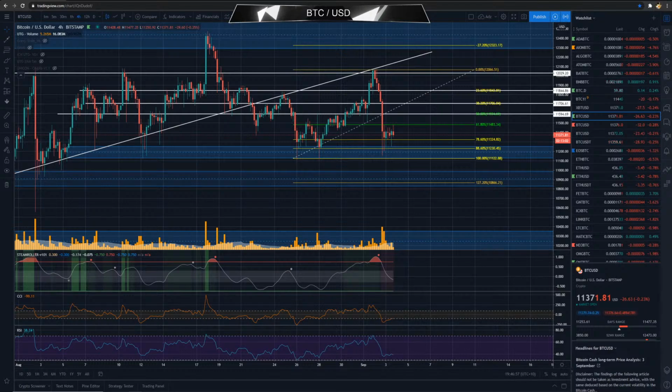So I was short from 11.9. Unfortunately, I cut my short a little bit too early. I cut it at around 11.38, 11.388 was where I cut my short. So it wicked down a little bit further. Not unusual to see those sort of quick sporadic wicks down. We see it time and time again.